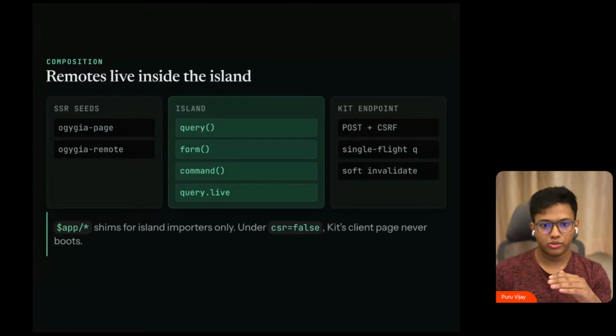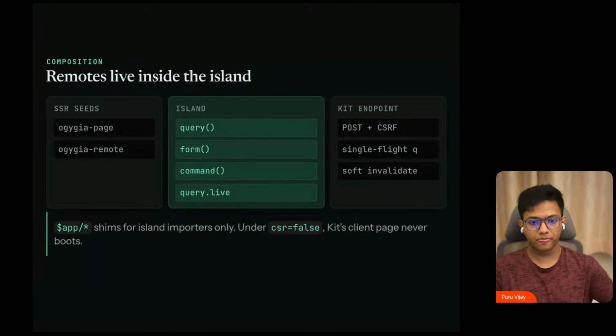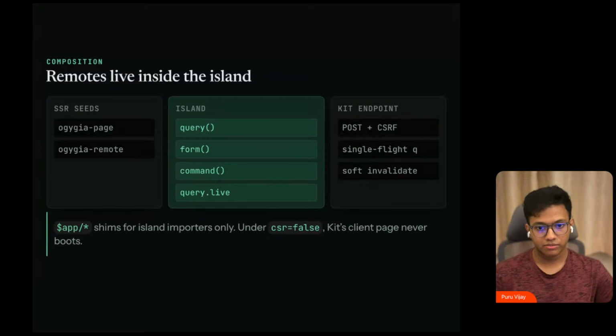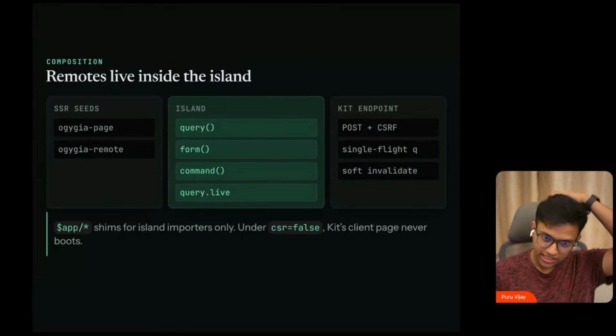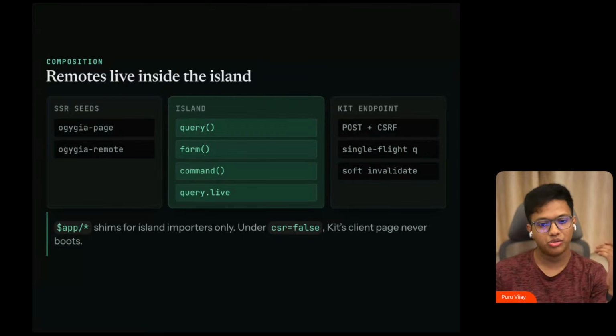Form and command posts keep Kit's CSRF rules and transport behavior. OGGR is only providing the isolated client environment around them. The environment uses narrow $app/* shims for island imports because under CSR equal to false, there is no Kit client page to provide those modules. The shims expose the current page snapshot and navigation hooks without pretending that the full router is running. When a form succeeds, Kit normally calls invalidateAll. That sounds simple, but in an island's architecture, the exact meaning of invalidation decides whether the UI stays alive or